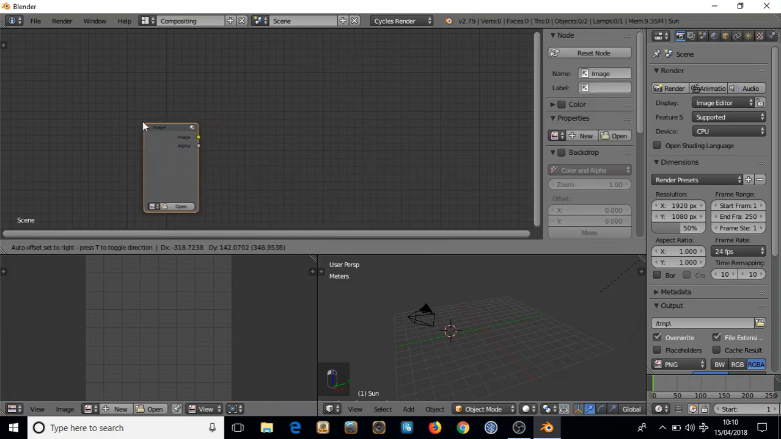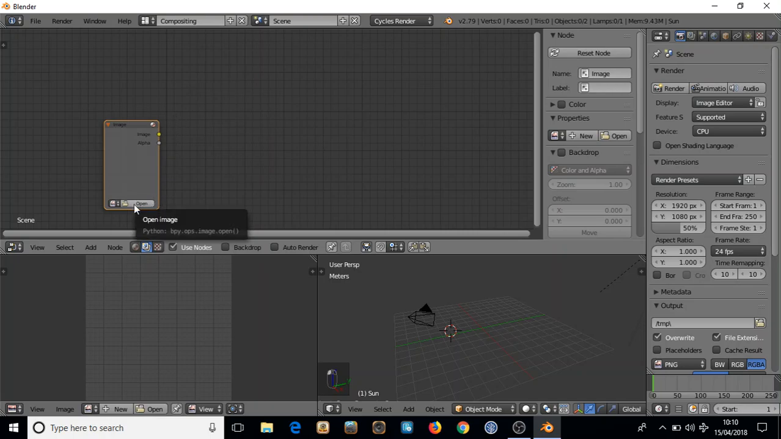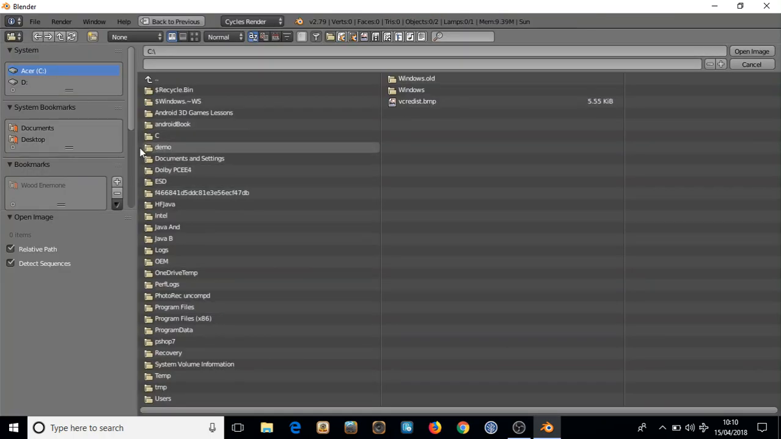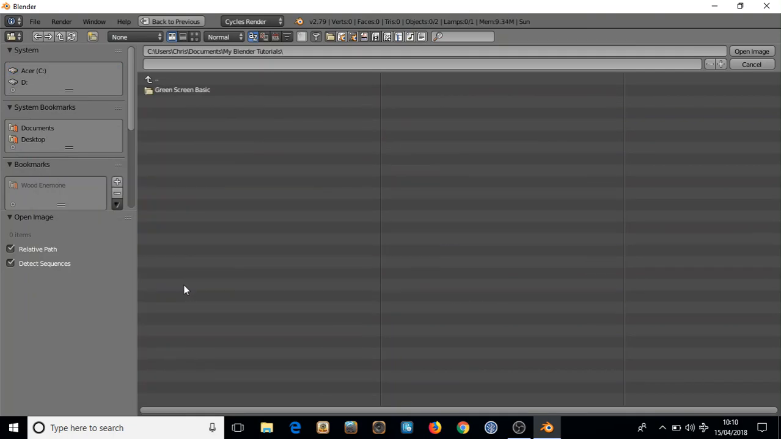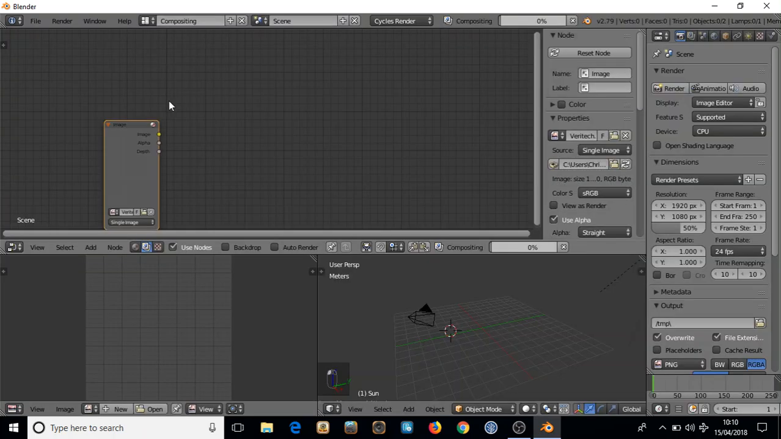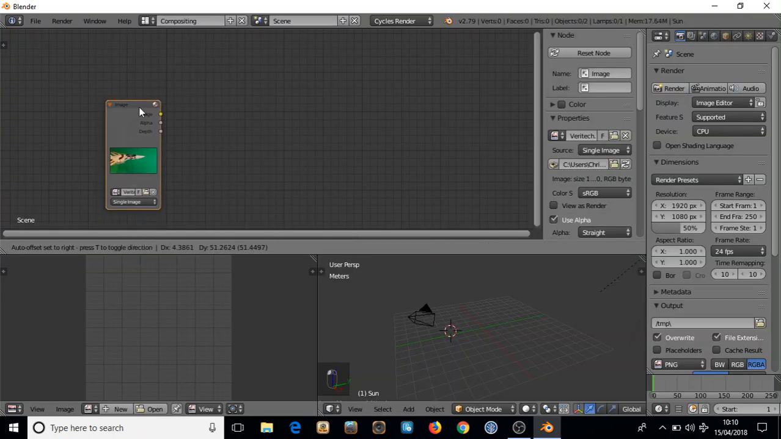You can load videos or whatever you want as well, but we're using an image for the purposes of this tutorial, so just place that there. I'm going to open an image, so click on open and just navigate to where the, there we go. So this is the subject matter with the green screen in the background, our foreground basically,